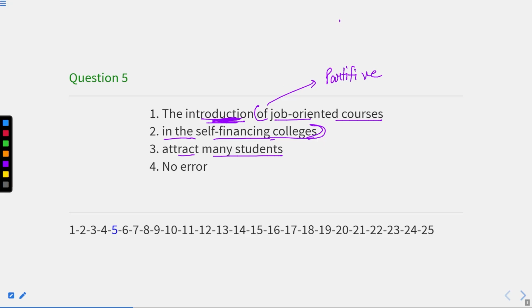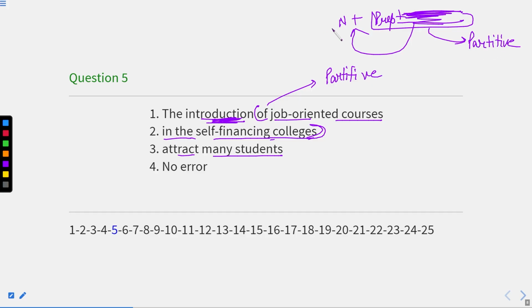After the noun, whenever we have any preposition and we are again writing some phrase which is like the sentence or the noun of which this part is. Okay, so this is actually known as preposition plus noun. This concept is known as partitive. Okay, and if this is partitive, of course we are talking about the subject of the sentence. So the introduction of job oriented courses in the self financing colleges, so we are talking about the introduction, which